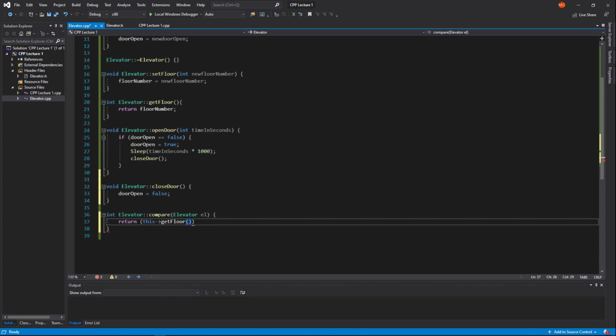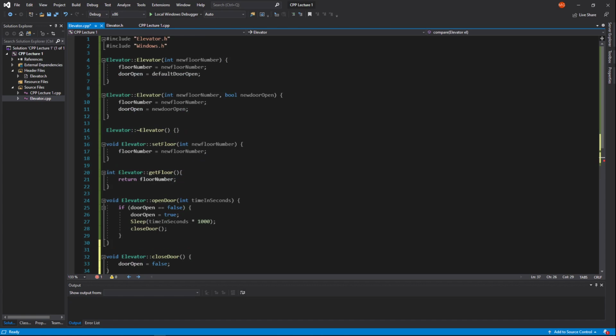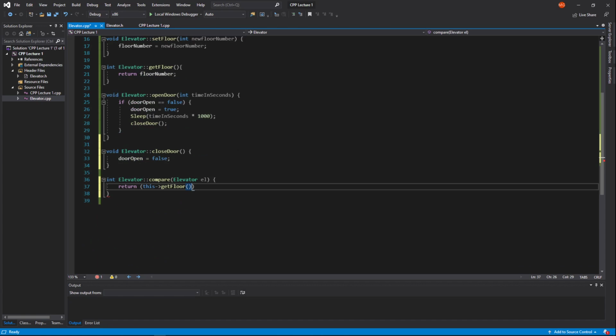Okay, so it's this object. So the object that was instantiated by this class, the object that belongs to that particular object, right? That's the object whose method we're calling right now. Okay, so this object we call the get floor method,